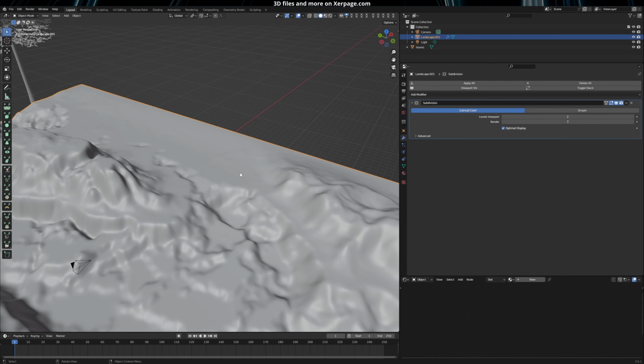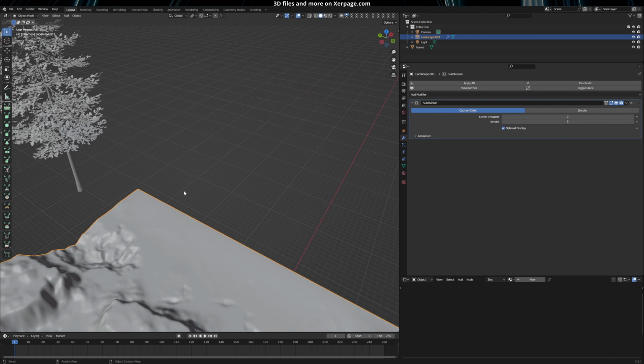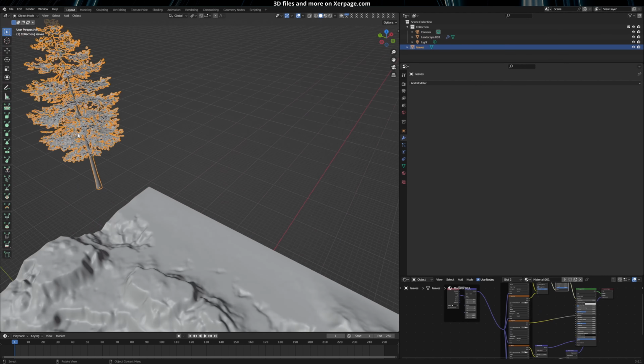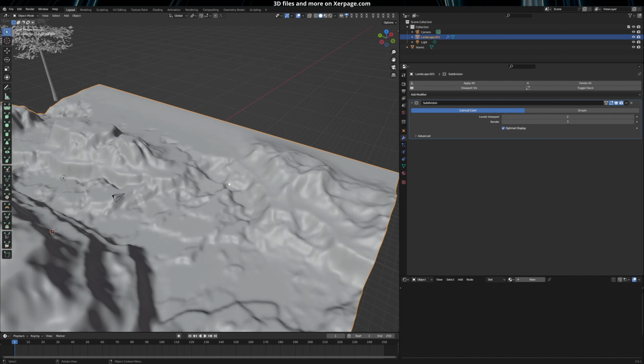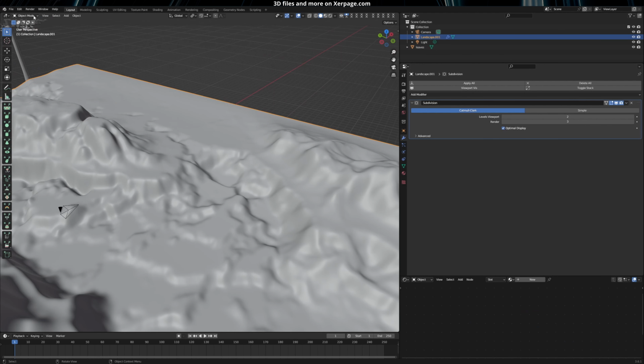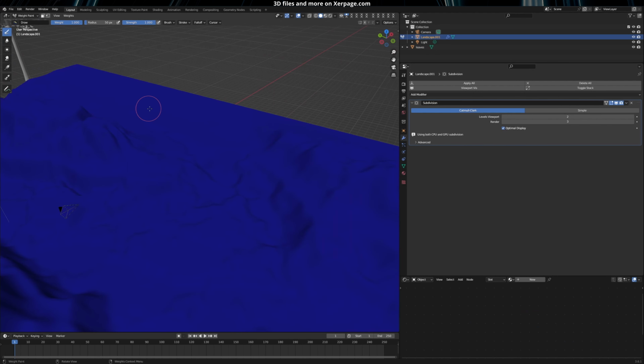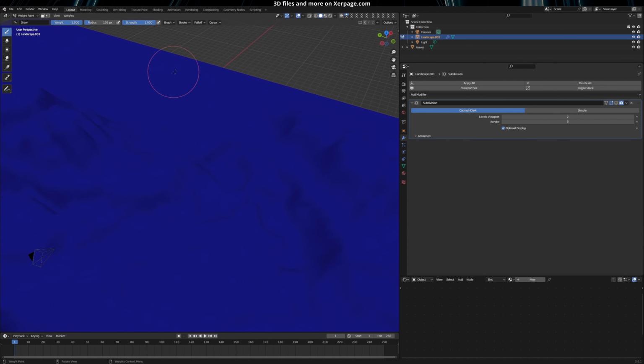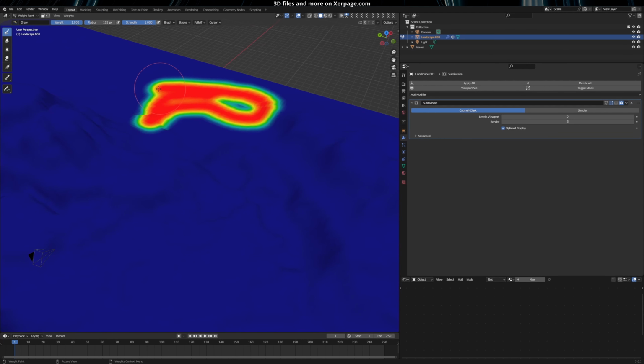Before creating the particle system that I've used in order to create a little forest, I recommend you create different variations of this one tree. Select the landscape and switch to Weight Paint. In Weight Paint mode, the parts you color are those where there will be trees. So for example, if I paint here,